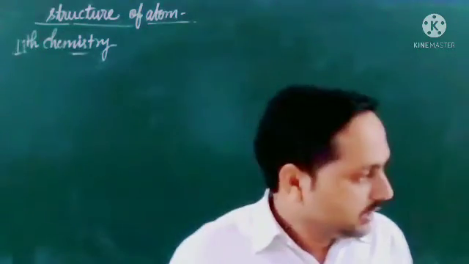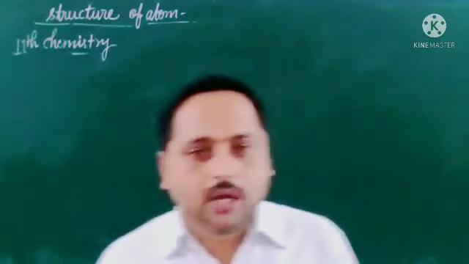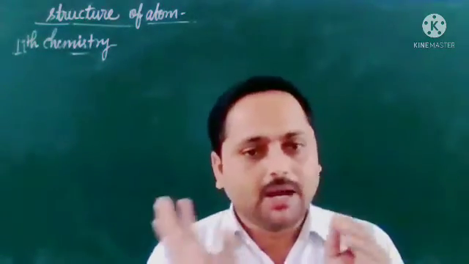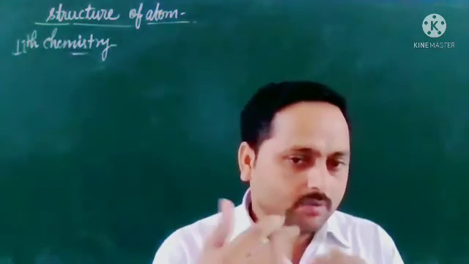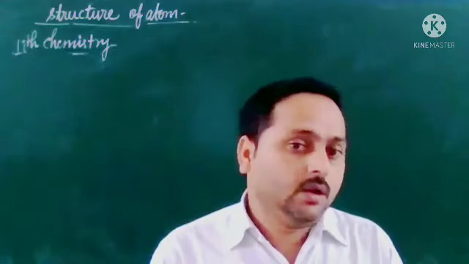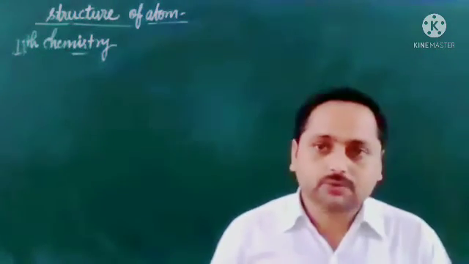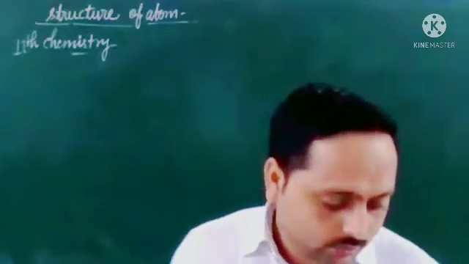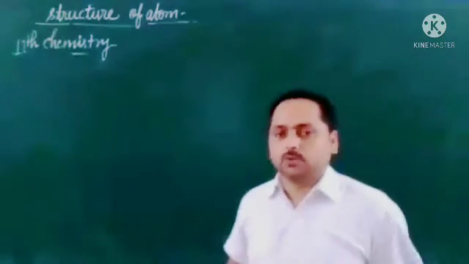So we will discuss some rules about orbitals, how to fill the electrons and how to remove the electrons. We have already discussed how to fill electrons, but here we will discuss how to remove electrons from the orbitals. Some students are confused about where to remove from, so that will be discussed here. Let us see some points you should note.